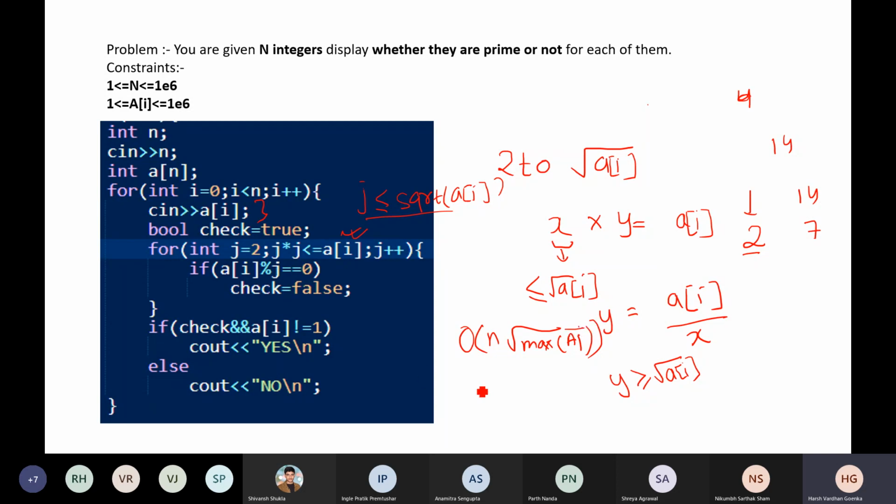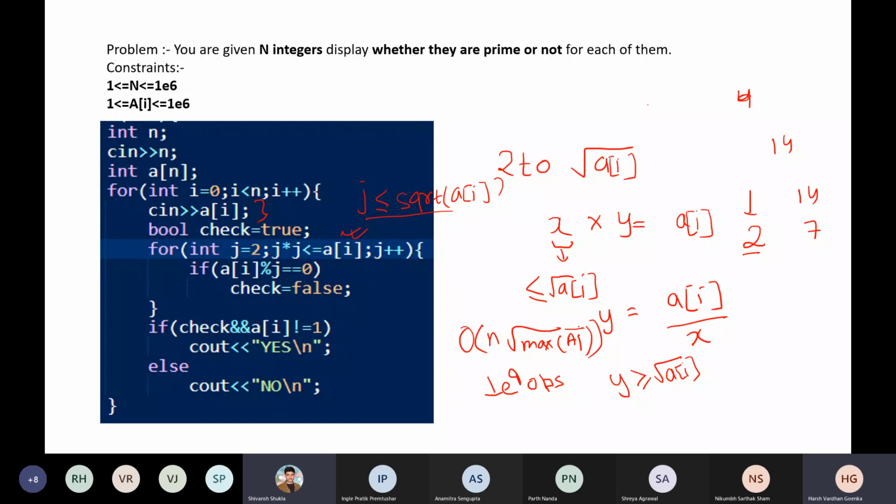So we observe that it comes out to be about 1e9 operations. So this will still give time limit exceeded, but it is a good method and you should know it, that it's known as the square root method. So we need to improve it further. Any ideas how we can improve the complexity further?